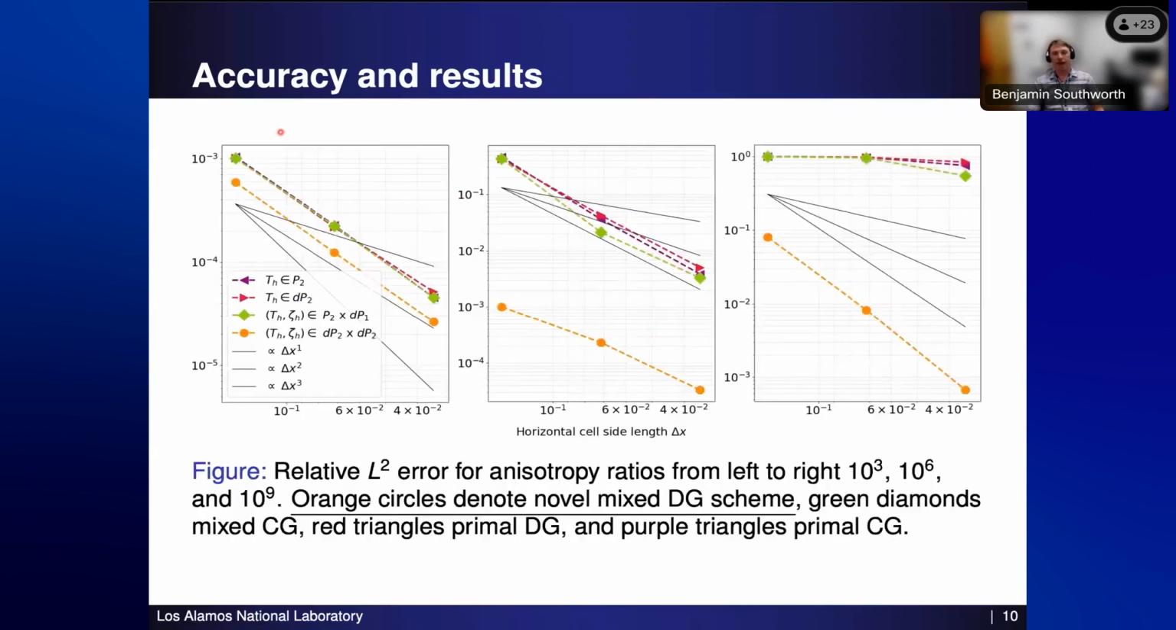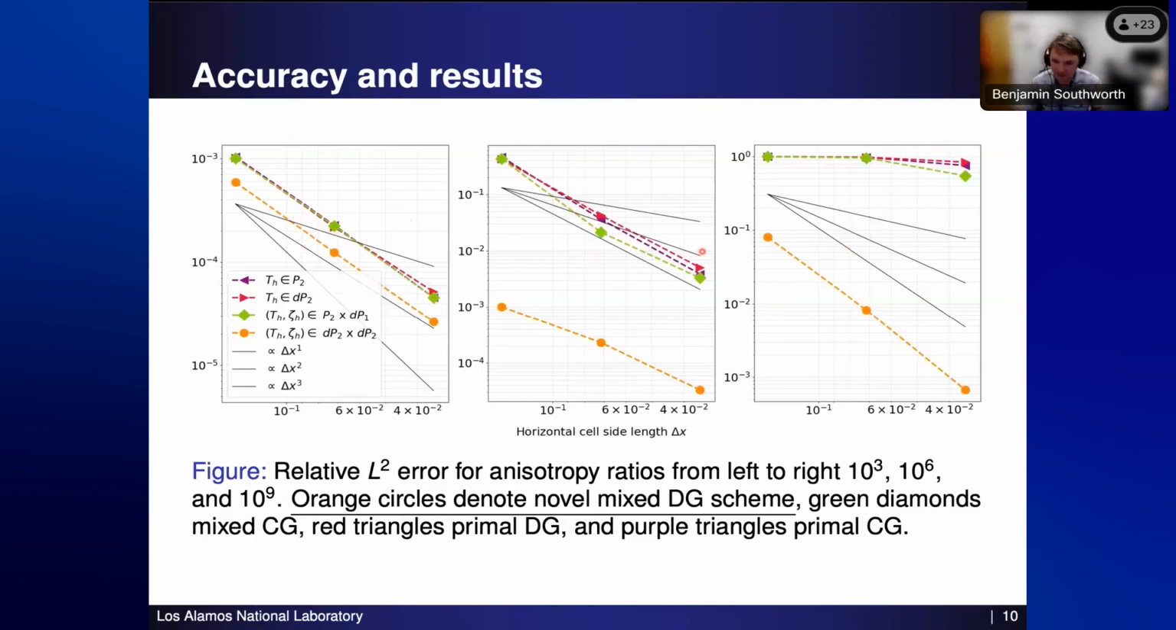Okay, and so here are the accuracy results for our DG discretization applied to this manufactured solution test problem. And what we have is a relative L2 error, and the three plots correspond to the anisotropy ratios. So on the left, we have 10 to the 3. This is not so bad. It's not realistic in the magnetic confinement fusion test case, but this is kind of what I thought might be a realistic problem before I got into the fusion problem. So I had AMG solvers that could work well on this, and we see that the accuracy of the discretization also works well. Then we go to 10 to the 6 and 10 to the 9, and that's where we